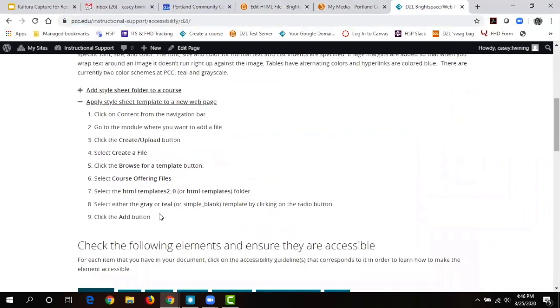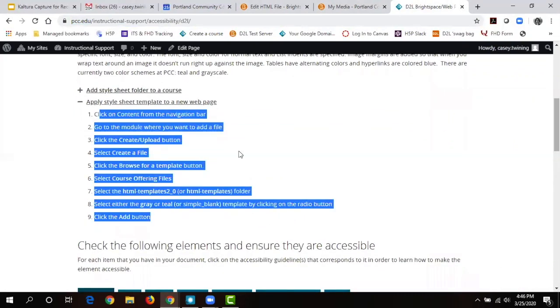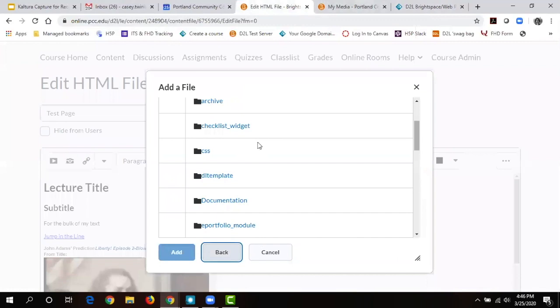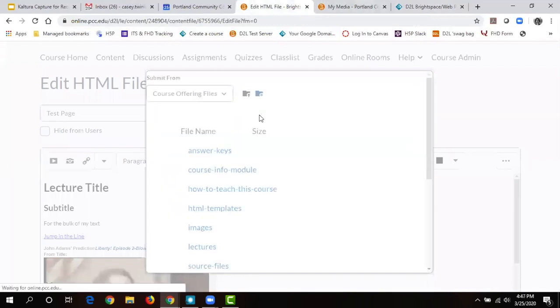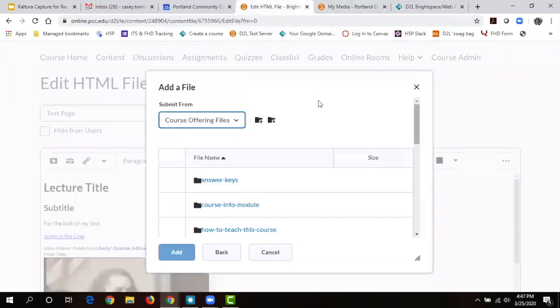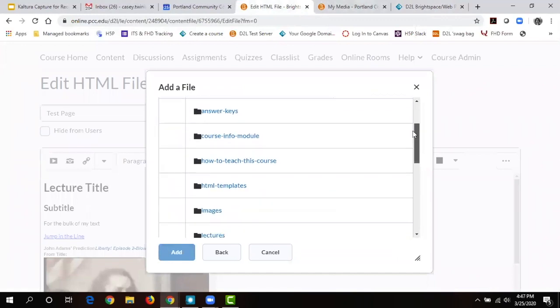I think this is what he was describing. So browse for template, course offering files. Let's do this together. Course offering files, and then HTML template. So yeah, they have pre-built templates that